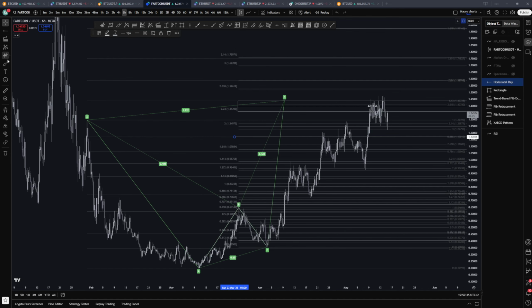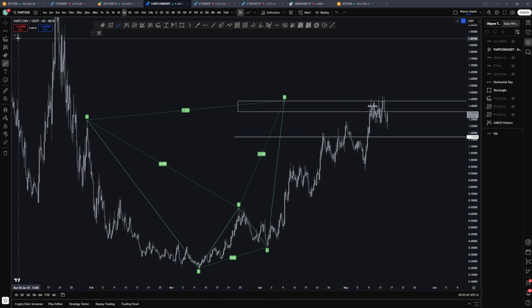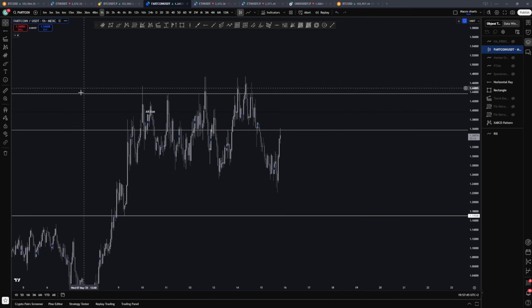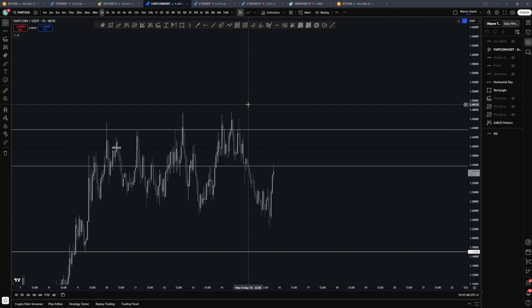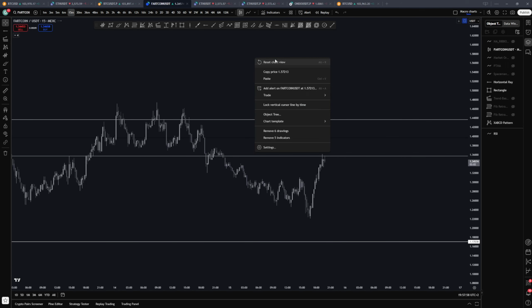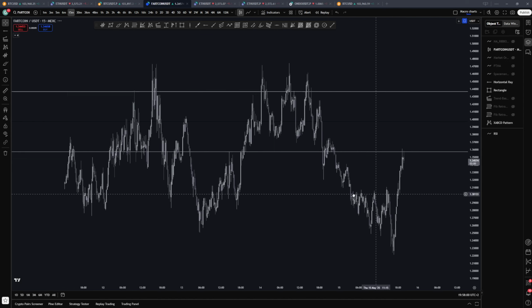But as you can see, you did get a decent reaction, but then you just continued up higher. So what I would look for is this. On this chart, this is clearly a very important area. However, I wouldn't blindly short it here for the reason that Farcoin is just a really strong coin. There's no reason to blindly short it. So what I would look for is this. If you were to go onto an even lower time frame,